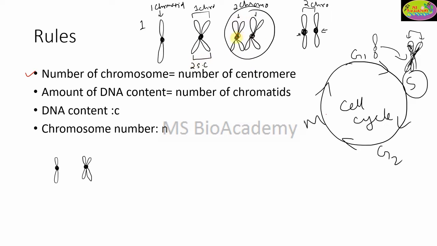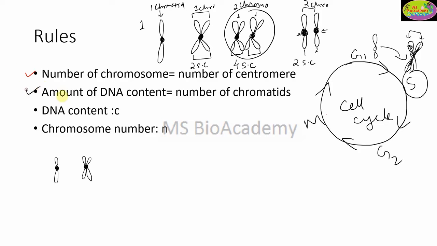Again here we have seen two centromeres are present, so two chromosomes. But what about the chromatids? There are two here and two here. So that means there are a total of four sister chromatids. Similarly, see here, since two centromeres, two chromosomes. But what about the chromatids? This is one sister chromatid, this is the second sister chromatid. So two sister chromatids are there. So easy, this concept is clear. Wherever you see such kinds of images, just find the number of sister chromatids and chromosomes this way. So this is clear.